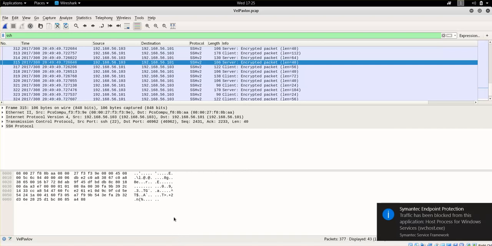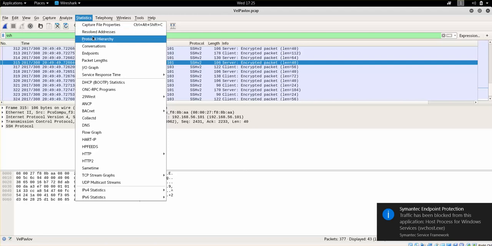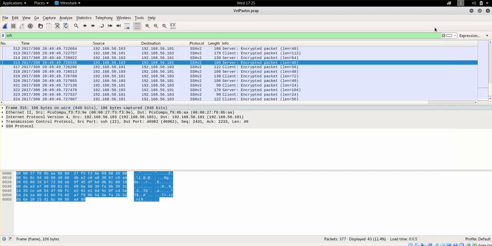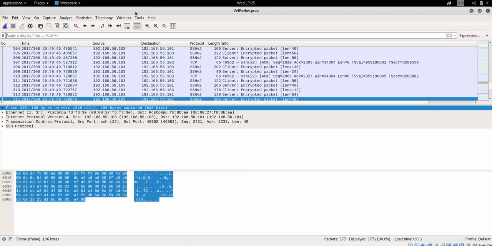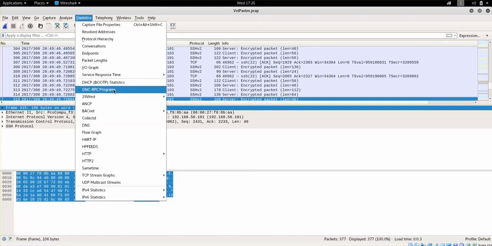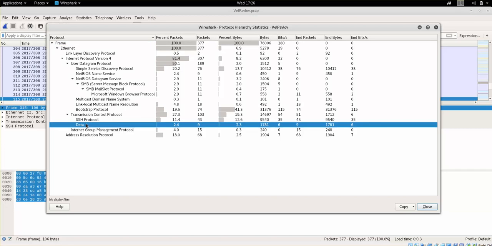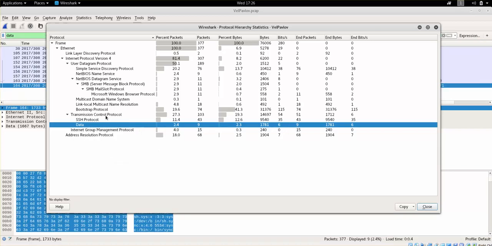So with this, I went into statistics and the protocol hierarchy. It looks like again I need to clear the filter and go back to my statistics, protocol hierarchy, and I wanted to pay special attention to data. Data is plain text, anything human readable. So if I select and apply this as a filter,